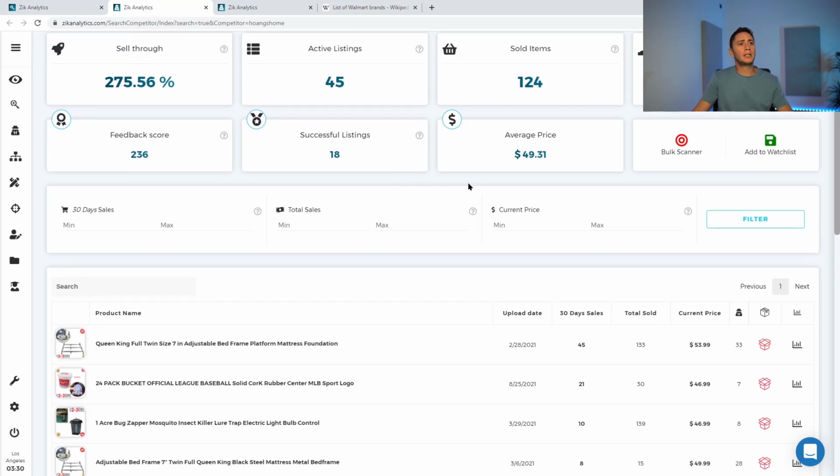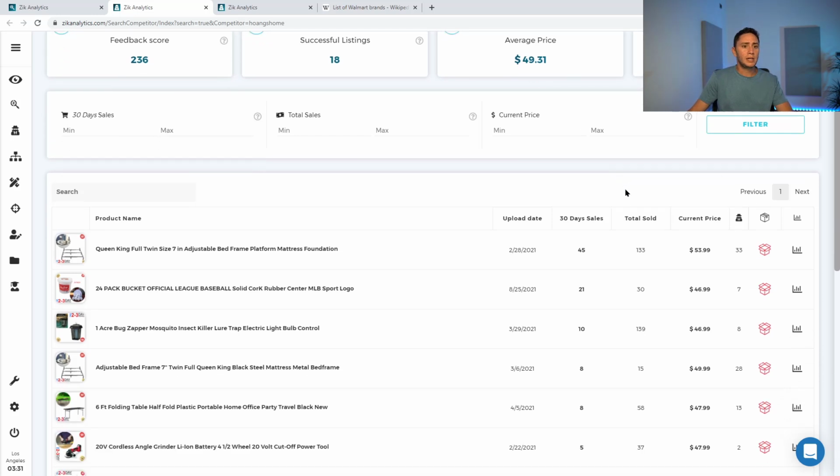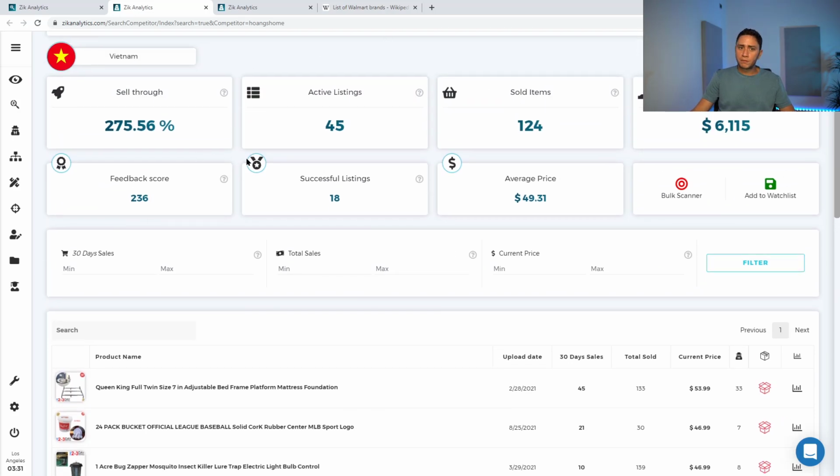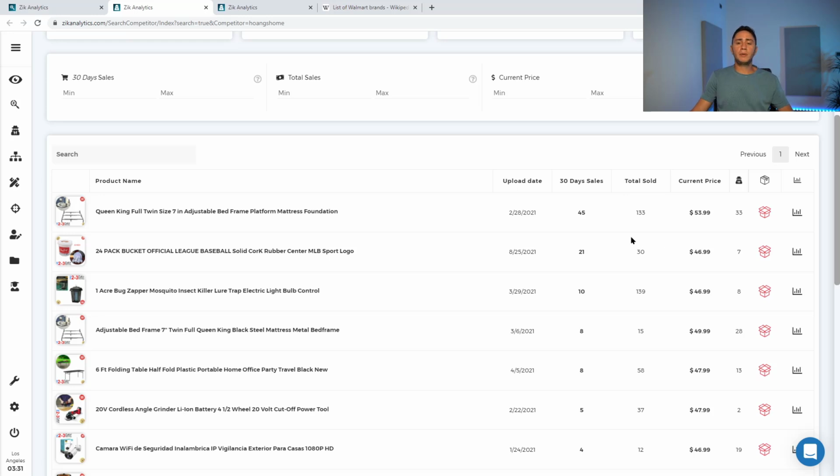Another quick metric that helps you see patterns is the average price. This guy focused on a $49 average selling price, which is a medium price. It's not low price, it's not high price, but it's quite high compared to other sellers. See, a lot of sellers focus on $10, $5, etc. So we can already see that one of his patterns, his strategies, is to sell products around $50. And if we scroll into the products, you can see here, he's actually focusing on it a lot. All right? Now, after we see I have a good performance, he focused on medium ticket prices, high ticket prices,